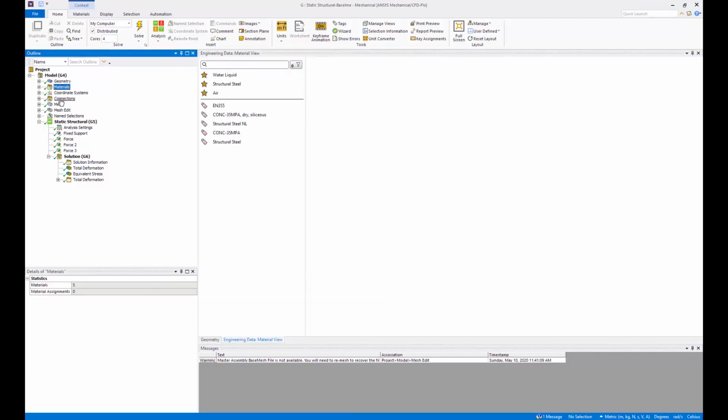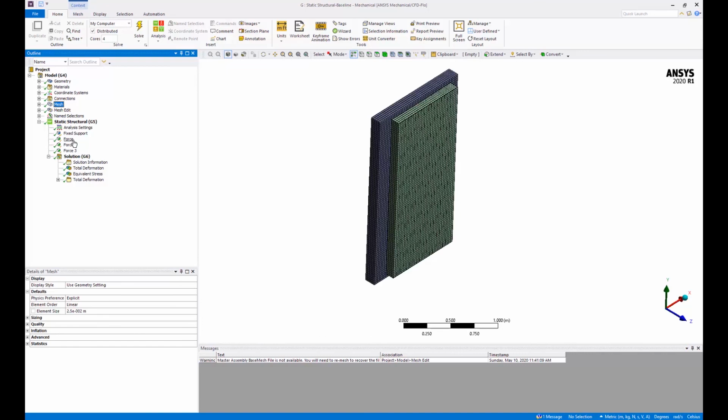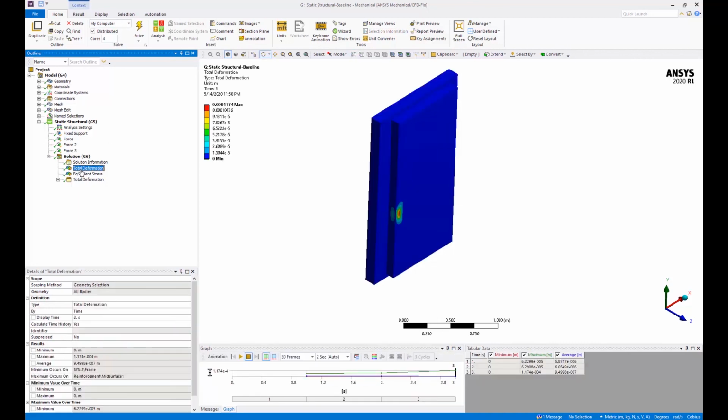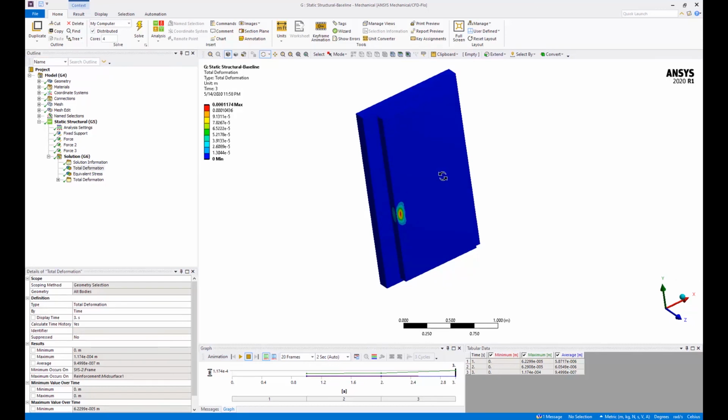Everything again remains the same, mesh, geometry, and all of that. And all I did was set up three different simulations where forces are being applied at different angles. I solved all of them and then checked the deformation and stress for each of them. All these solutions took about a few minutes to solve, so very easy for junior engineers to play around with the model. Just do quick simulations within a few minutes to change the door designs and such.